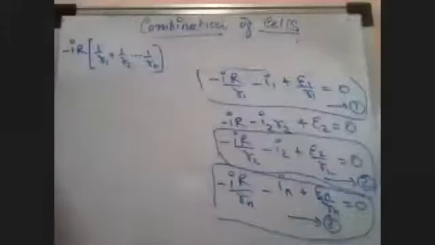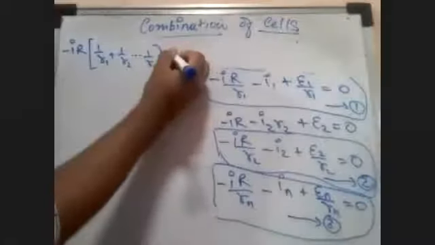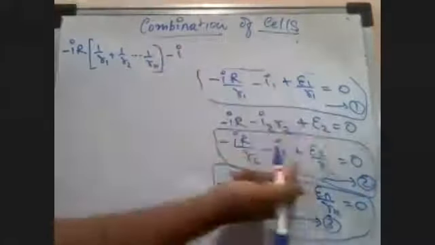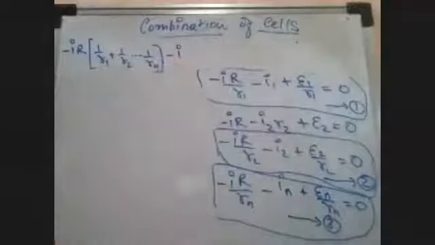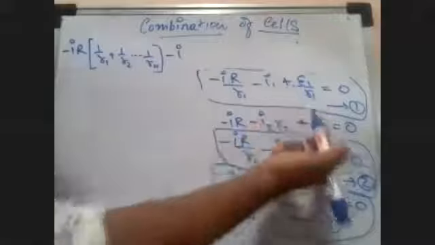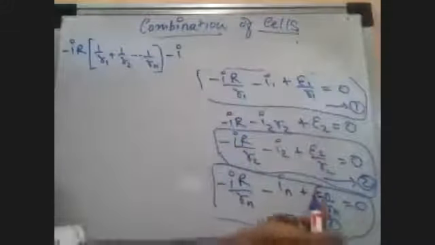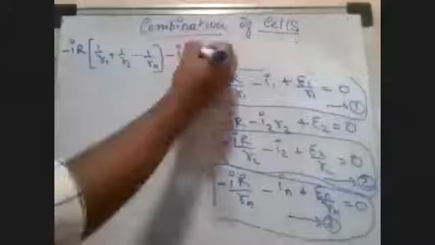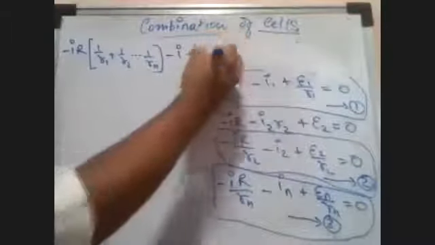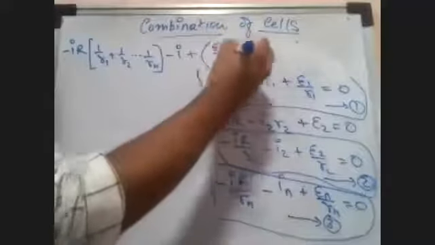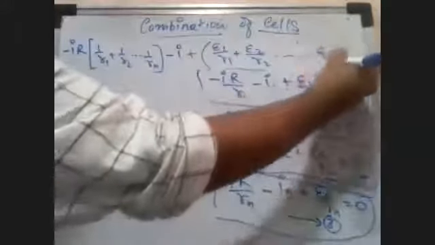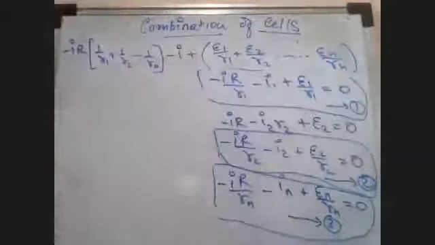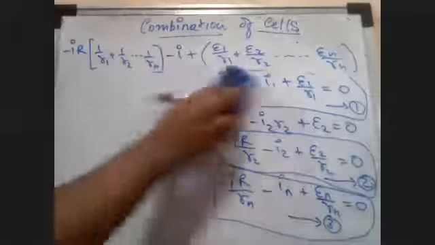Can I say it's going to be minus I here, because we are adding minus I1, minus I2, minus In? All of this will turn out to be what? Finally, it will turn out to be the total current I. So I will write minus I. And if you look at the third expression, epsilon 1 upon R1, epsilon 2 upon R2, epsilon n upon Rn. So I can say it is going to be equal to epsilon. I'll write it in a bracket, epsilon 1 upon R1, epsilon 2 upon R2, and so on till epsilon n upon Rn. This is going to be my general expression.